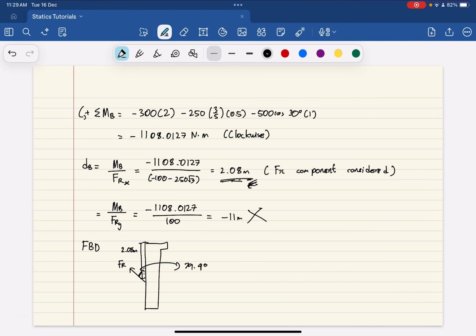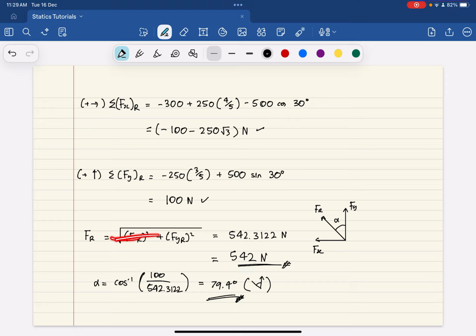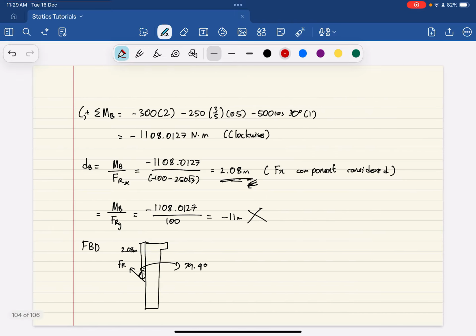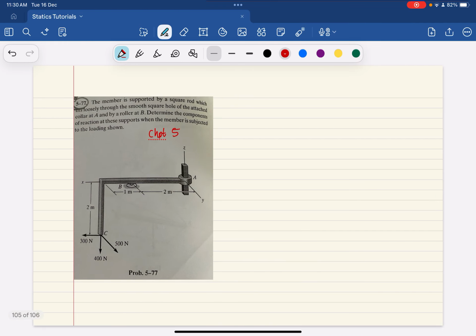But anyways, that's how we tackle this question right here. We already found the resultant force as needed. We found the direction of the resultant force, and we found the distance from the line of action itself, right? So yeah, hopefully that's it. Now we're going to the last question before we end this